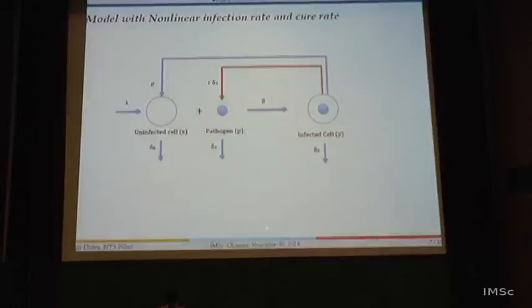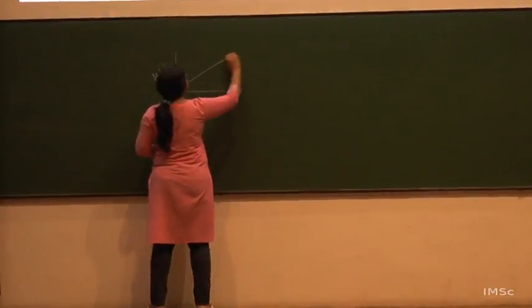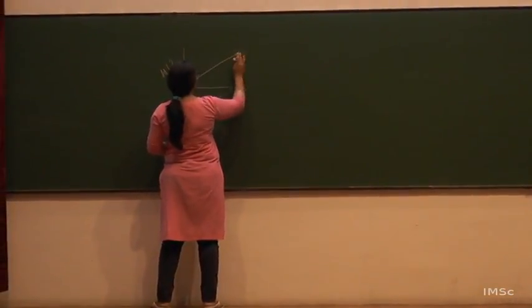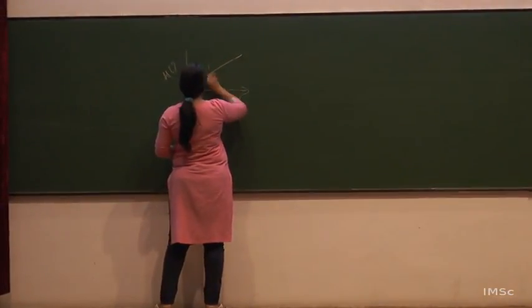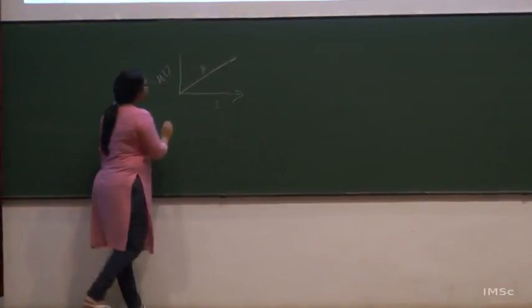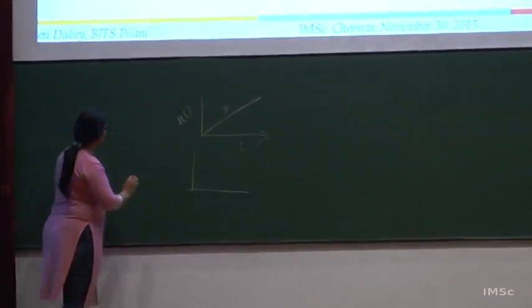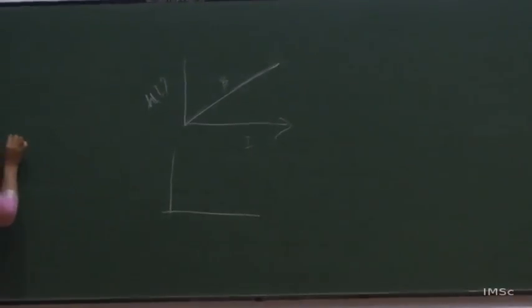On this side, if we have infection, this is the infection rate. This rate is beta, and it goes linearly at the rate beta. It increases with the rate beta. So here we have taken for the nonlinear incidence rate